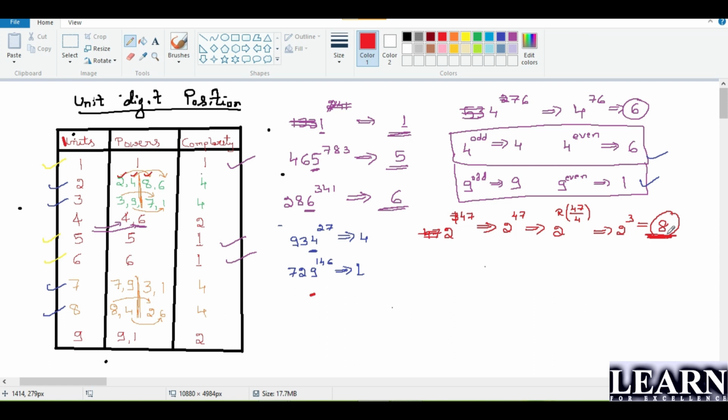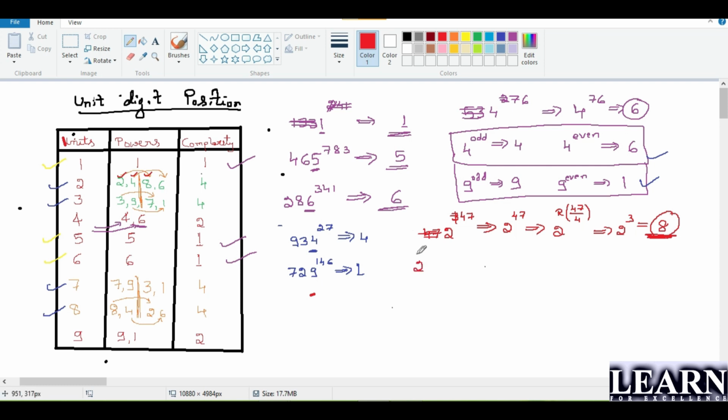So it's quite simple, guys. Whenever you're going to take a number which has a cyclicity of 4, you need to just divide the power by 4 and take out the remainder. If you take out the remainder, you get the answer on the spot. Clear? Yes, guys, the answer is 8. Good. Okay, we'll go to the same number with one more example.